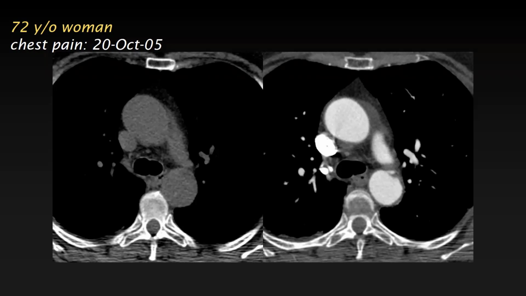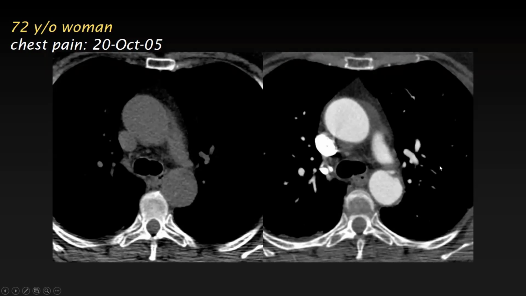And you will say, well, there are two factors I need to consider. Number one, does she have symptoms? And the answer to this is yes. So she has chest pain, and if the chest pain fits and it's kind of sharp and localized, then you could say, well, based on the pain alone, she could have an acute penetrating atherosclerotic ulcer here. And does she have an intramural hematoma? That we don't see here. So we don't have an intramural hematoma, but she has symptoms that are compatible or consistent with an acute atherosclerotic